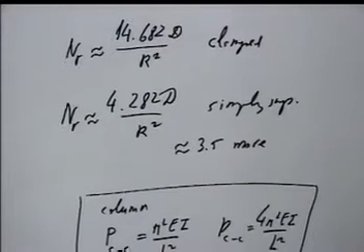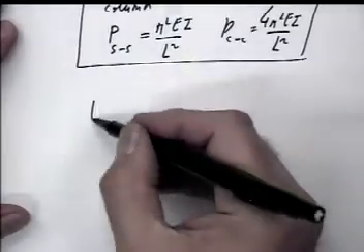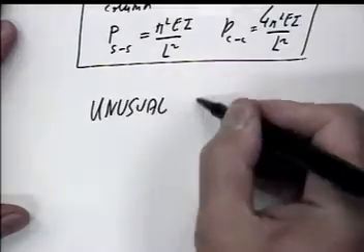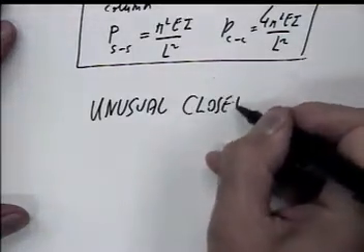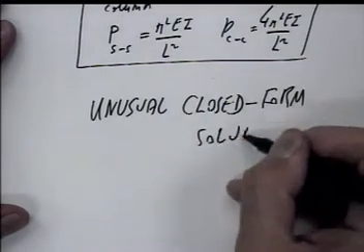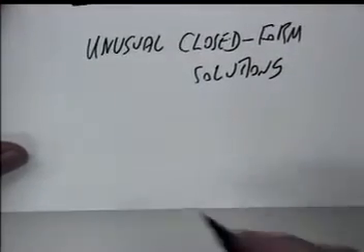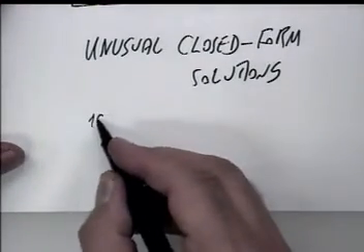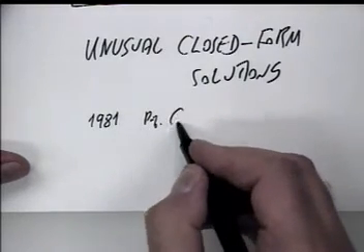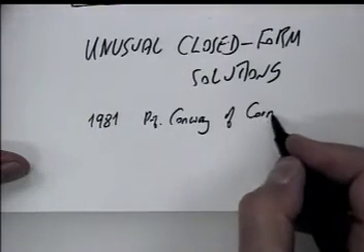Now we will deal with some unusual closed form solutions. Now, what is unusual? In 1981, Professor Conway of Cornell University